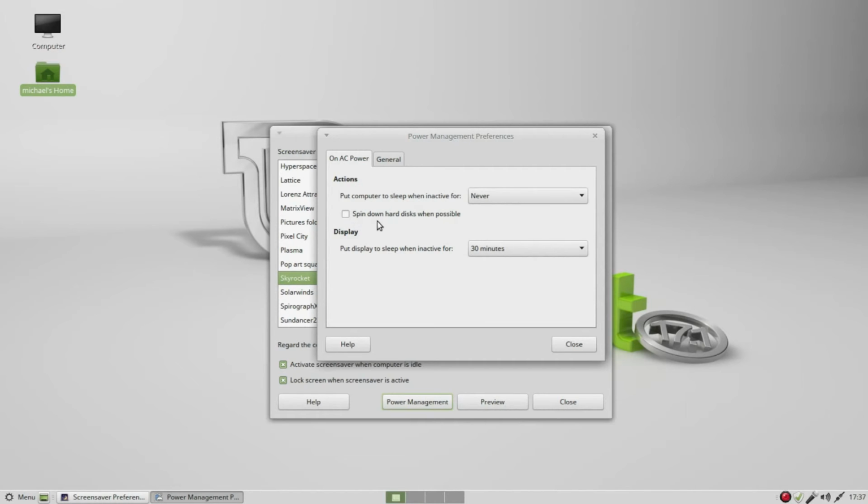Then we've got spin down hard disks when possible. If you've got a flash memory hard drive, you don't have to worry about this. But if you have a spinning hard drive, which many of us do, you may want to have the disk stop spinning when possible. The advantage of this is to save some energy, but more importantly, it will help make your hard drive last longer, because it's very common for the hard drive motor to fail, and the less it spins, the longer it will last. If we're watching a movie over the internet, we really don't need that hard drive spinning all that time, so we may want to spin down the hard drive when possible.